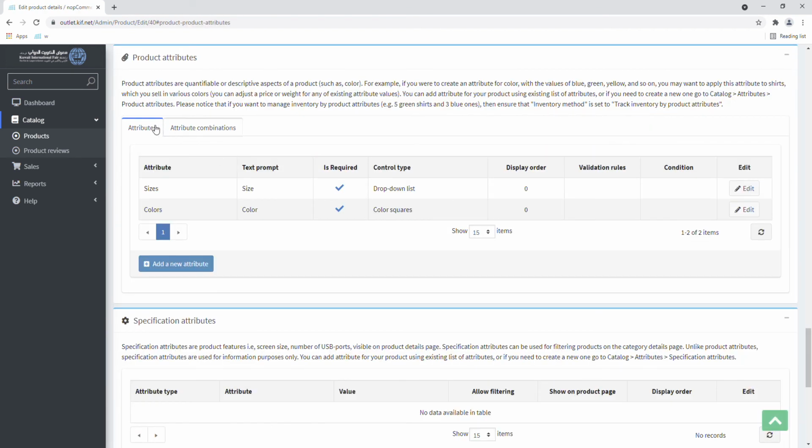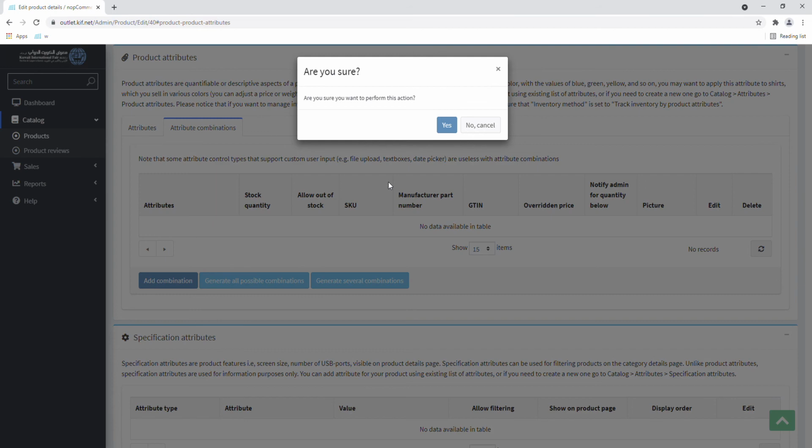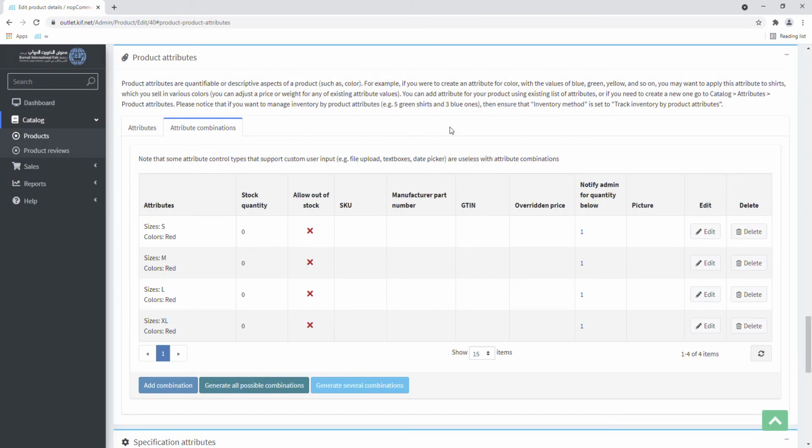Once we are finished with all the attributes, we go to the tab Attributes Combination and click on Generate All Possible Combinations. All the possible combinations of the product attributes will be generated. Each combination needs to have a stock. So we go to Edit, and then we enter the stock quantity and